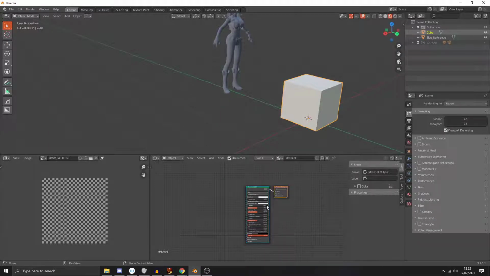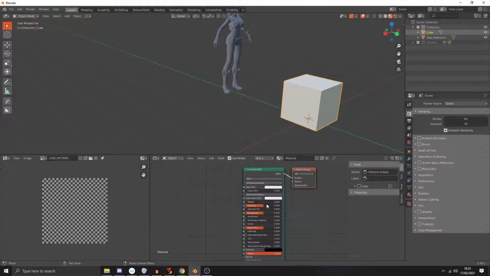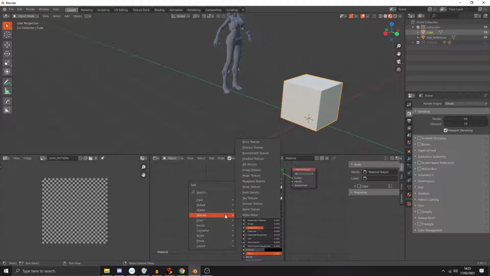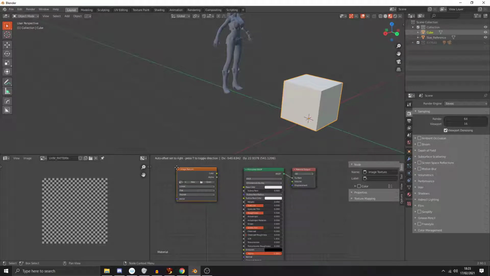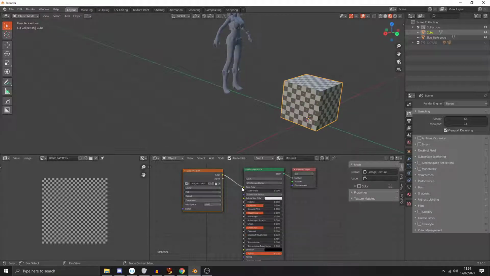So click on new, and we need to press Shift A, go to, let's see, texture, I think image texture. So Shift A, add texture, image texture, bring this there, and we're going to use our UV pattern. Okay, from here we're going to connect this to the base color like that, and as you can see it's now applied,